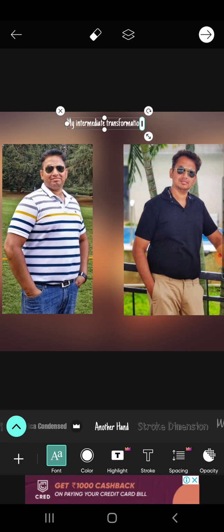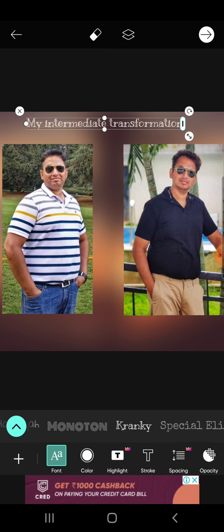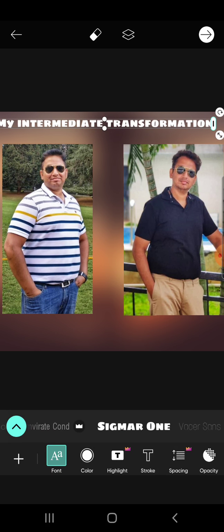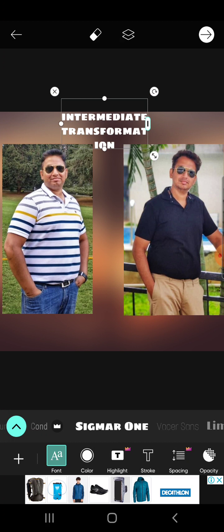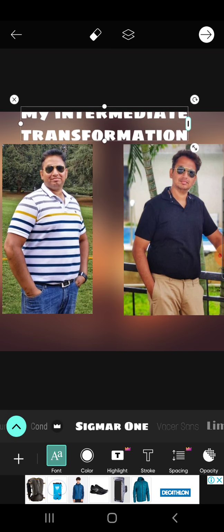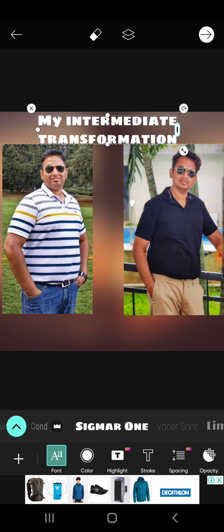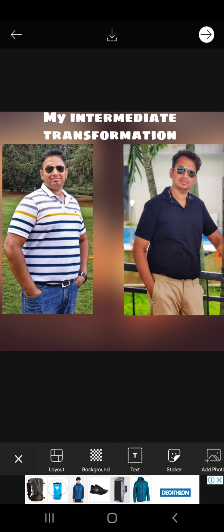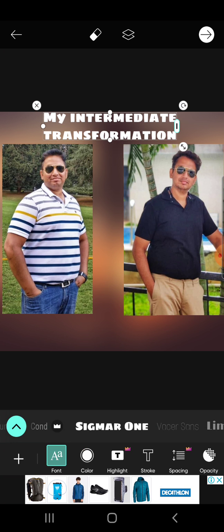So what I will do, I will normally select the font which is basically Sigmar One. So this is one font which is very readable, and people can read it very easily, I would say. So this is the text which I would like to insert at the top.